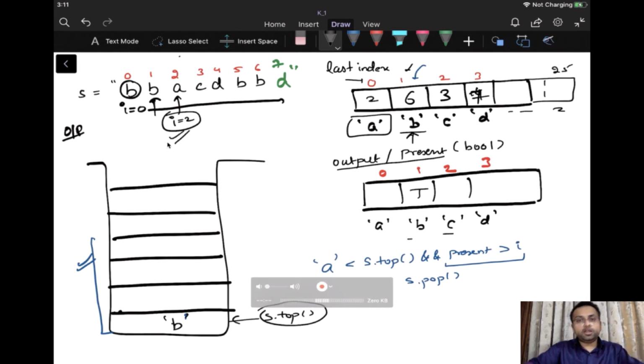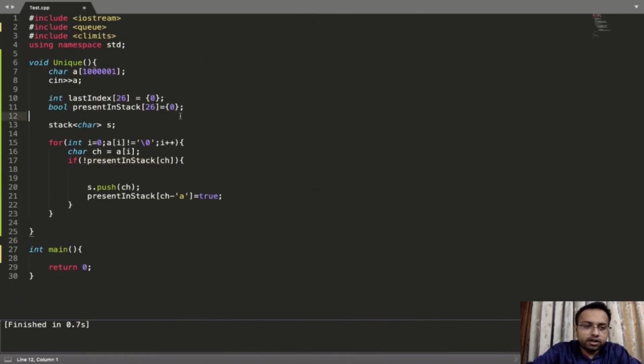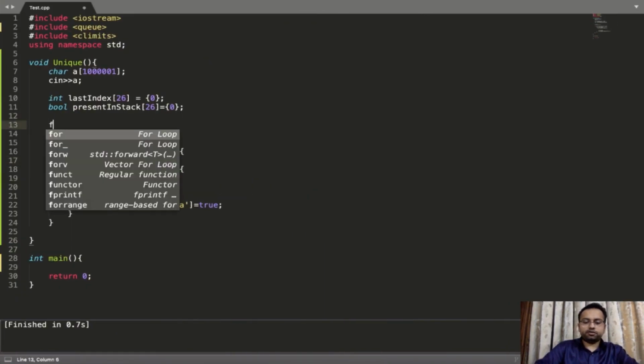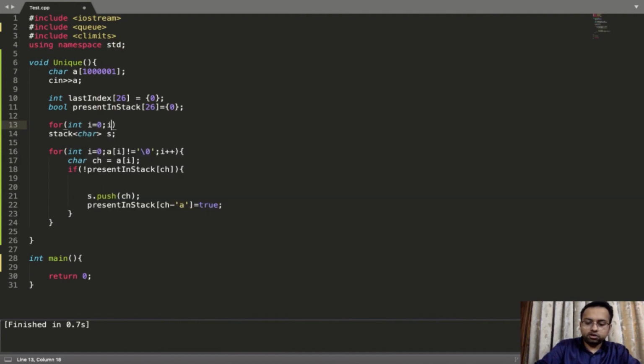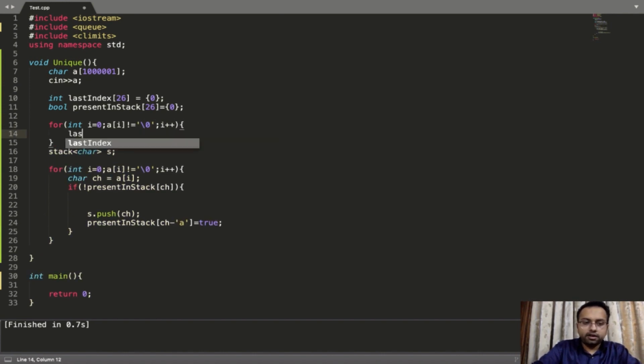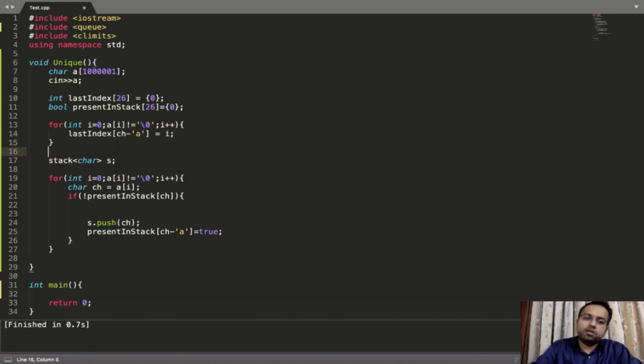So for that we need to find the last index as well. We have not calculated it yet. So once we have it, for int I equals 0, I'll iterate over the entire string till a of I is not equal to null, and I'll do I plus plus. I'll write last index of this particular character, whatever character we are on, becomes equal to I. This way we can calculate the last index and this will work absolutely fine.